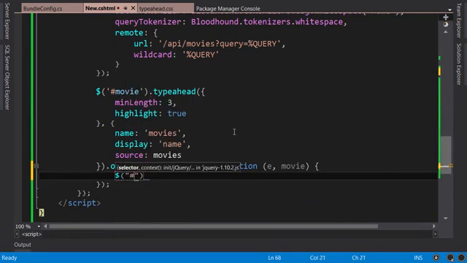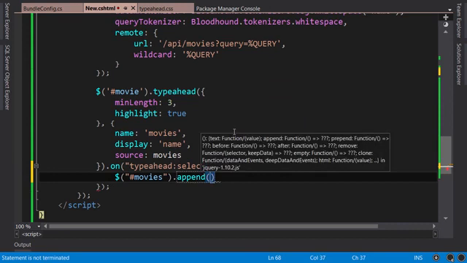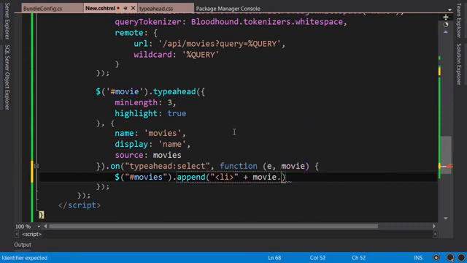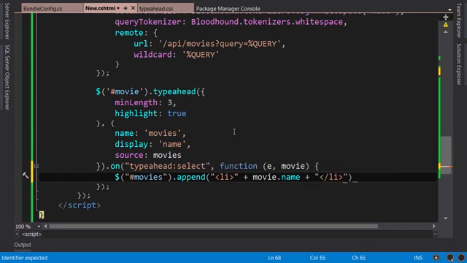here we get the element with the ID movies and append a list item. And here we add the name of the movie and then close the list item. We're modifying the DOM elements directly. Now in this particular example, this is not too bad, but in more complex applications, this may end up being